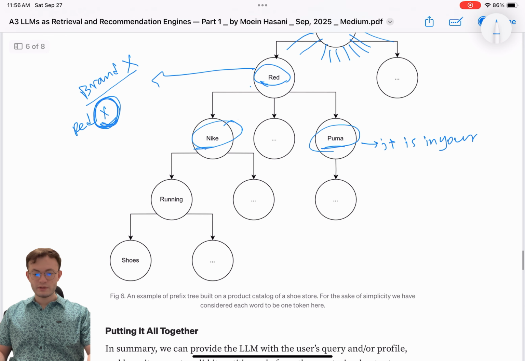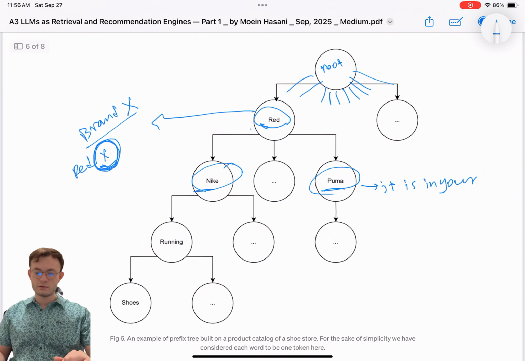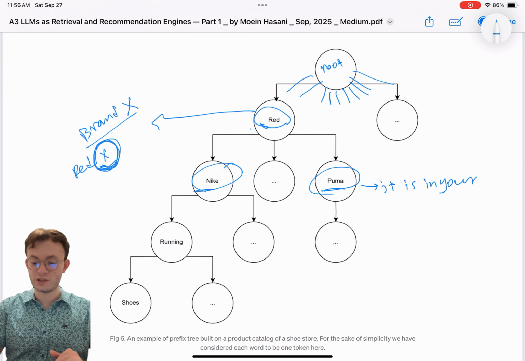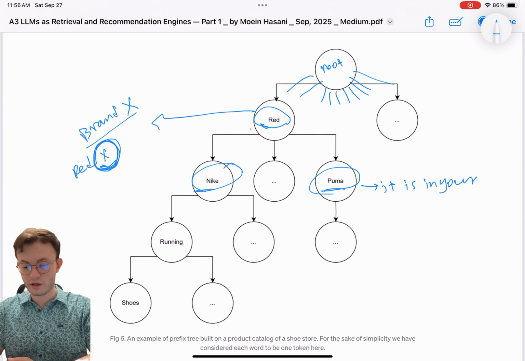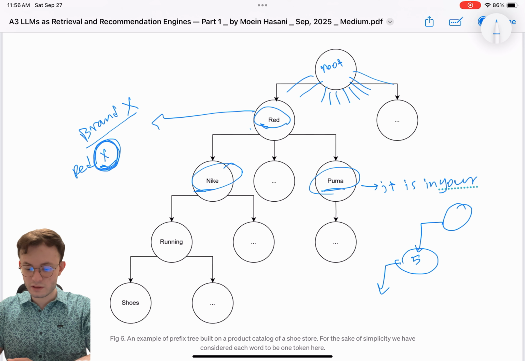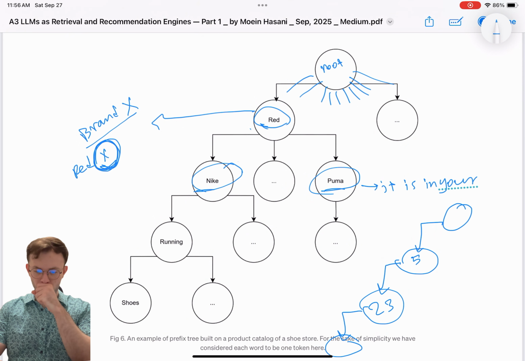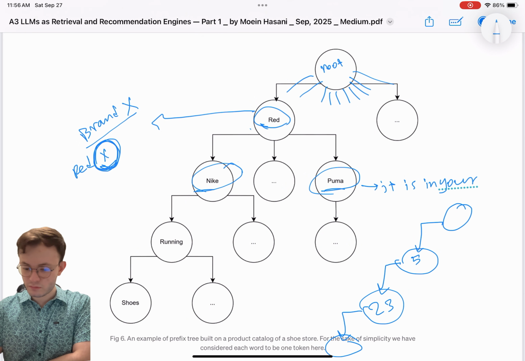The idea of semantic IDs with constraint generation is the same, but instead of, let's say, red Nike shoe, there's a root, and to say red Nike shoe it can only say 5, then after 5 it can only say 23, then it can say something else, right? So the same idea applies, but instead of words or tokens, you have numbers.